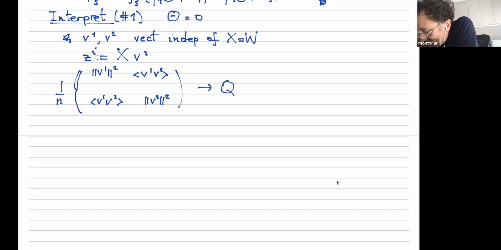So basically these are large vectors and their scalar product has a limit. Then what you obtain